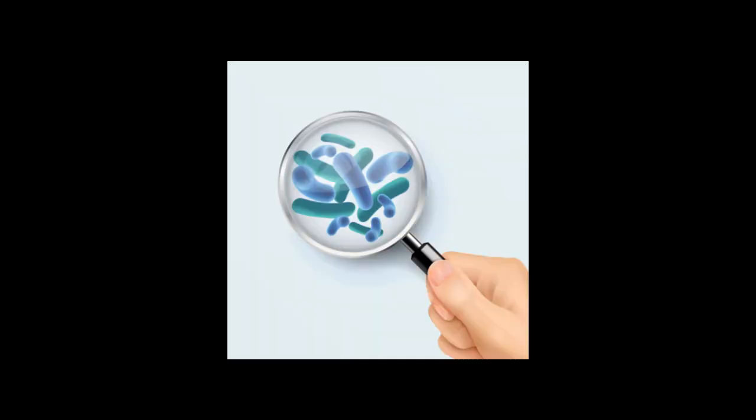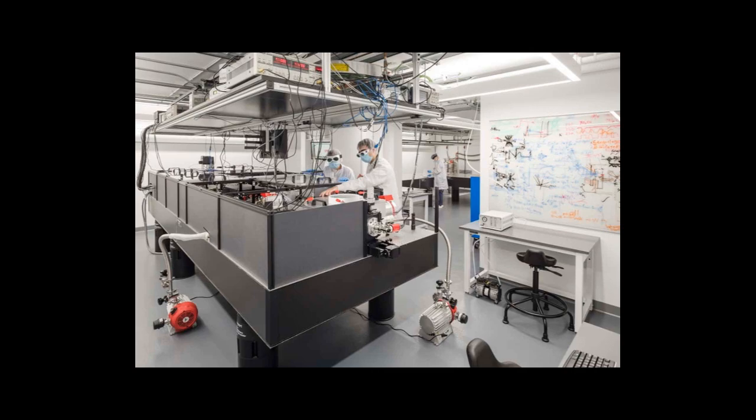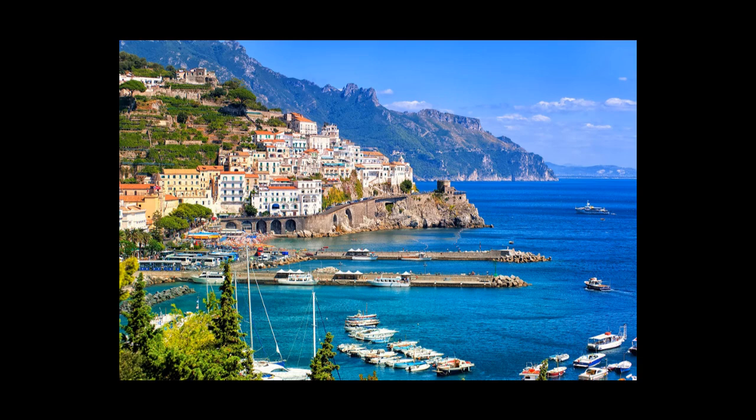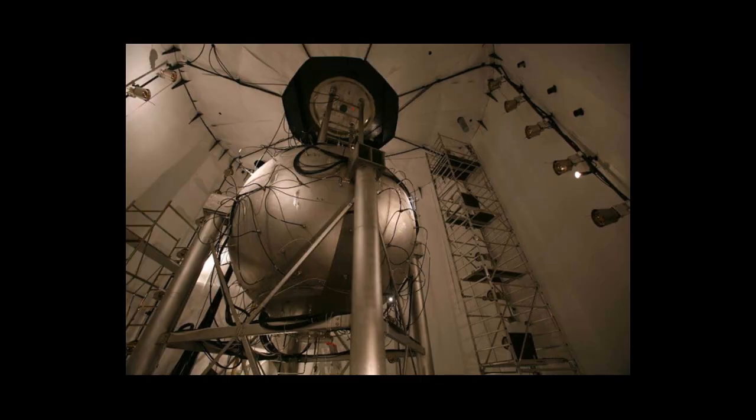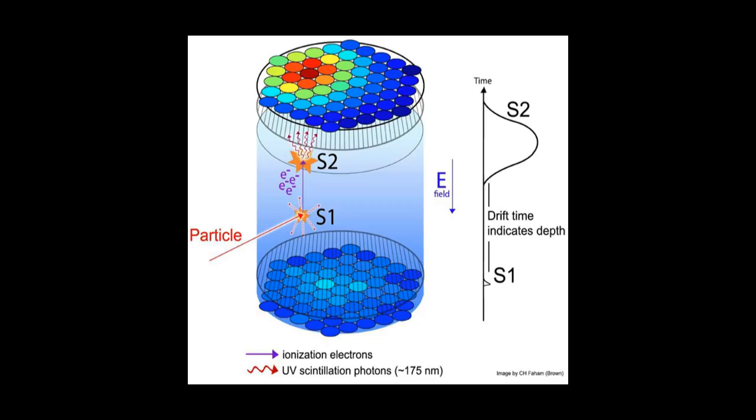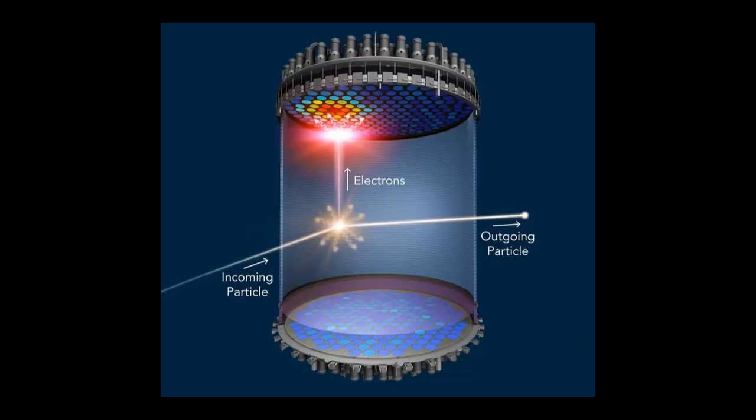And WIMPs are hypothetical particles that interact really weakly with ordinary matter and have yet to be detected directly these days. So basically, in order to detect these WIMPs, there are huge laboratories set up across the world with these massive detector machines. And one of these laboratories is in Italy, and they have these cool detectors called DarkSide detectors. They're these massive machines that have these argon time projection chambers, which sounds kind of fancy, but they're really important, and they capture WIMPs, like signals of WIMPs, and analyze them.